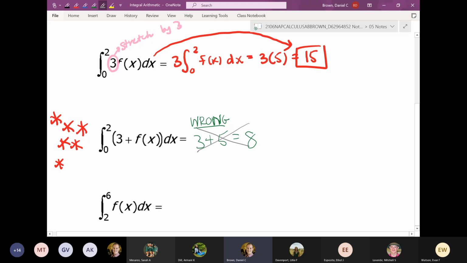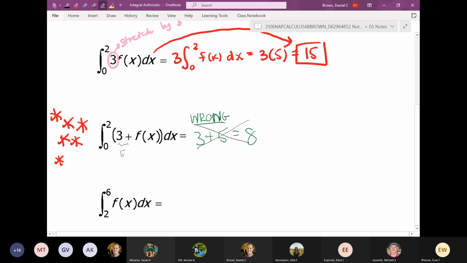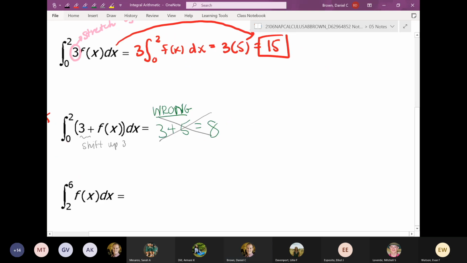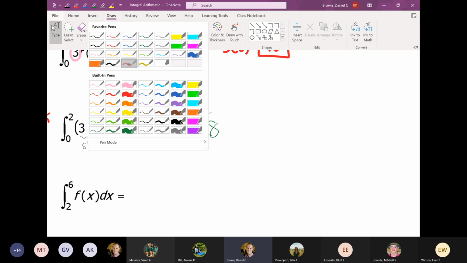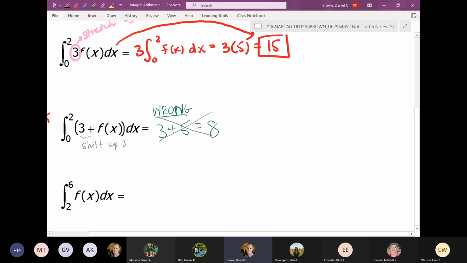What makes this one tricky is that when we're adding 3 to a function, that means we are shifting it up by 3. If you imagine shifting a function up by 3, we're adding a whole bunch of area underneath it, not just 3 units of area. We're adding a whole lot of area under it. The better and safer way to do that problem is to just split it up into 2 integrals. And what I mean by that,